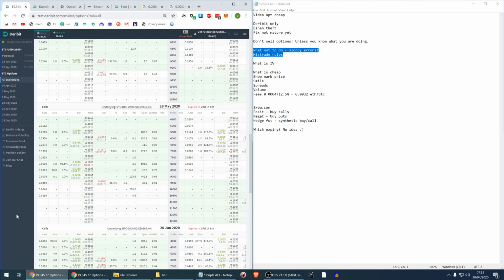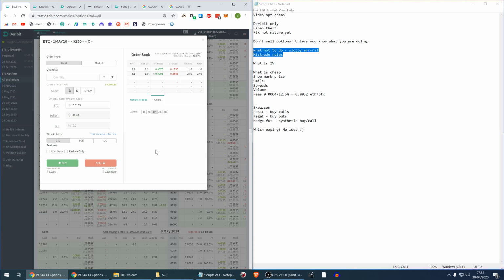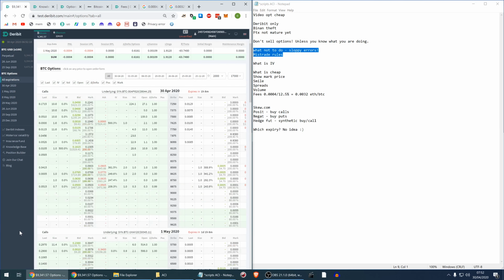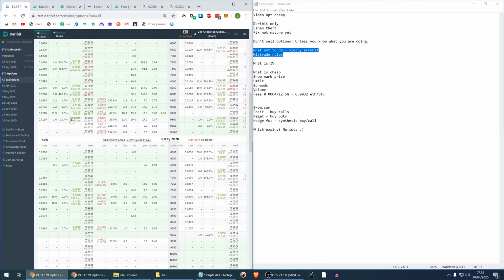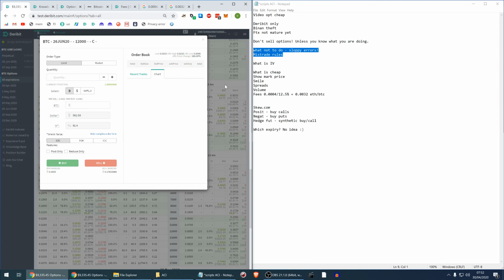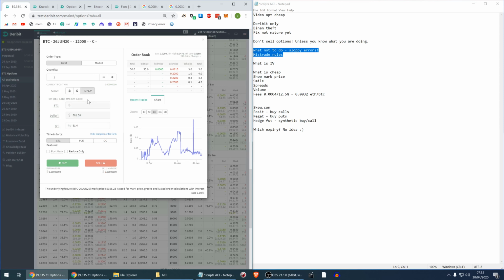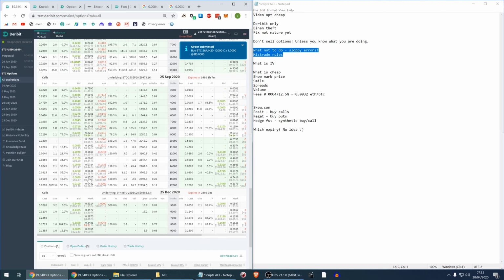So let's go to something more realistic. Let's, for example, go here. No, this is implied volatility 0. We need to find something where a buy is, let's say, 20%. Oh, that's me. Oh, these testnet markets are quite illiquid. Okay, how about we try here? So I want to buy, so I press buy. Oh no, again, the volatility is,